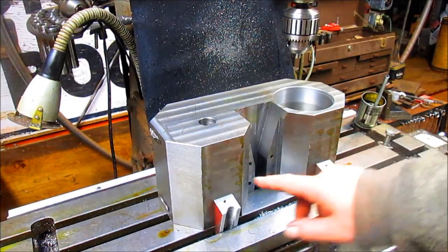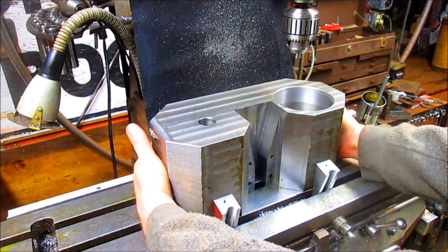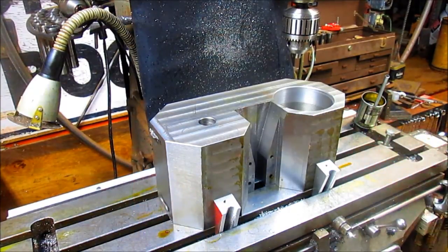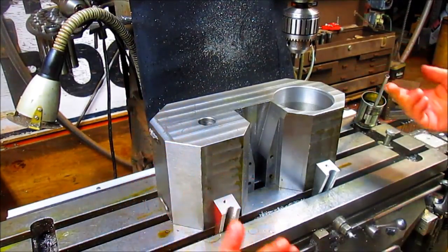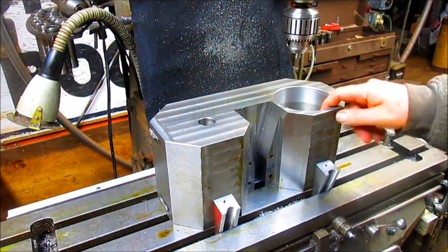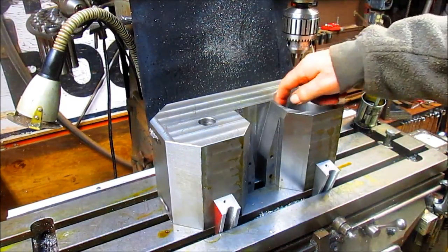Wow, I like that. Those wedges are great. So then I can just pull this thing up against the wedge and I know that I'm square. So, okay, now we're going to toe clamp these in. Actually, you know what? We don't even have to toe clamp them. This thing is so heavy that all we need to do is